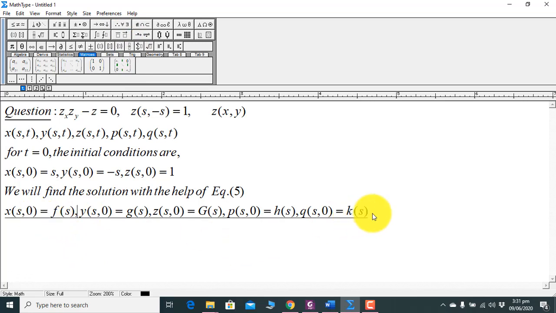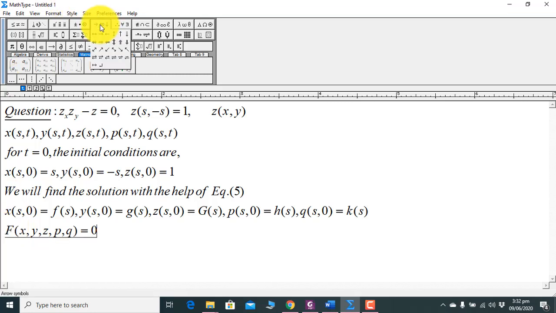So what is that trick? This is not a trick actually, these are the basic knowledge of nonlinear partial differential equations. In general, you have capital F, a function of your required solution, x comma y comma z comma p comma q, equal to 0. This holds for any partial differential equation of first order. You have seen in my previous lectures that capital F is in implicit form your required solution.